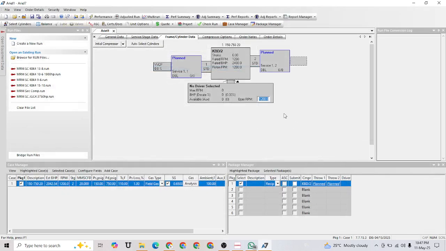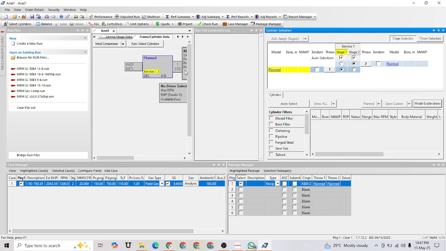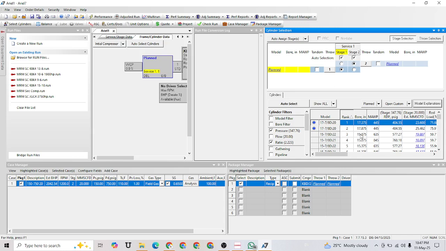So this frame has been selected. Now I have to select two throws as well with this machine. So this would be stage 1 and stage 2. First of all, I have to select the stage 1 cylinder. So in my experience, I think 15 would be. So here you can see that as this machine has to handle the 20 mmscfd I have entered in the first tab,